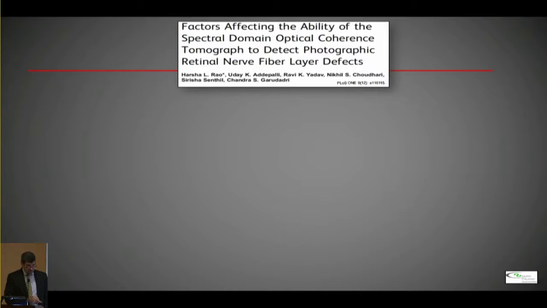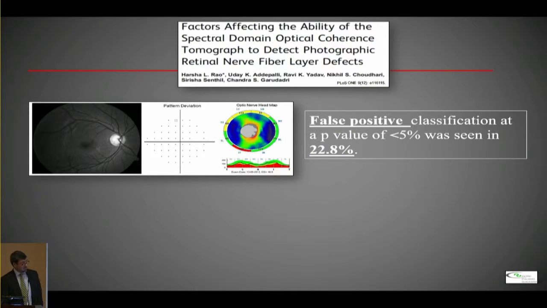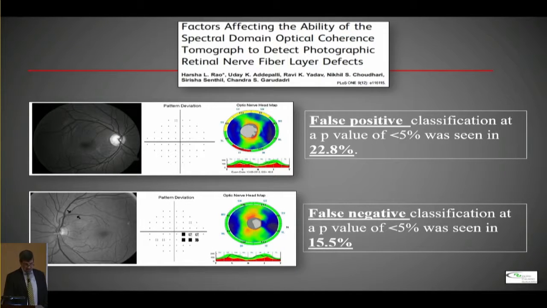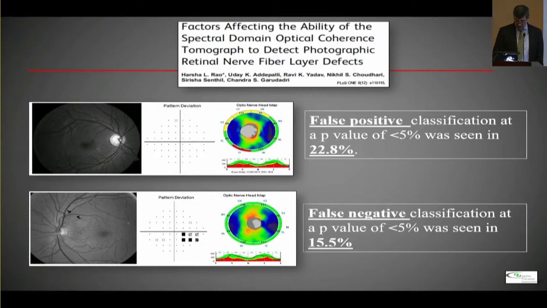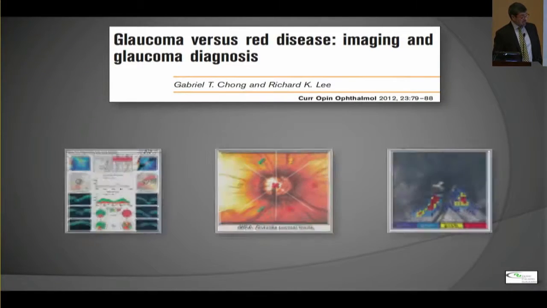In terms of the factors affecting the ability to correctly detect the presence or absence of the disease in our patients, we can see that by OCT, up to 1 out of 4 normal patients can be detected as abnormal, which means we have a normal patient who is diagnosed as glaucoma. On the other side, especially for initial glaucoma, we can have initial glaucoma patients who are wrongly detected as normal in up to 15% of the cases. And this has obviously important clinical